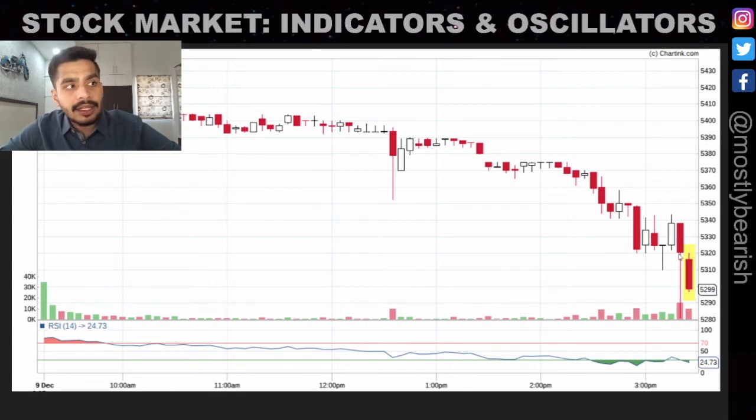And this candle gives you the weakness of the trend itself, right? So when the trend is downwards and the price action is not showing you any kind of up move, at that time don't use RSI only. Take into consideration the price action, which will actually help you make your decisions better.